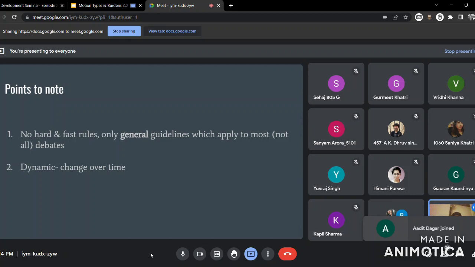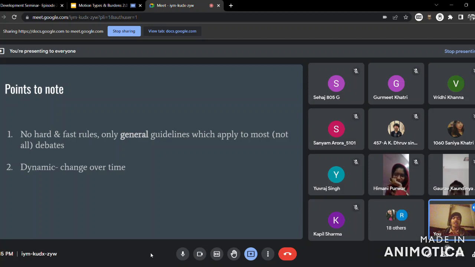So we'll send you a manual which is used at the world level, which states some guidelines with respect to how you need to go about debating and judging and things like that. So these are just guidelines. In most cases, it's better to follow them, but this does not mean that these are hard and fast rules. There are some exceptional cases where it's fine to not use them, or they are not applicable. But in most cases, your rule of thumb needs to be in line with these guidelines, because these are best practices with respect to debating.